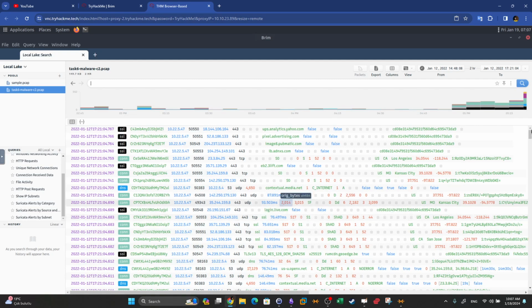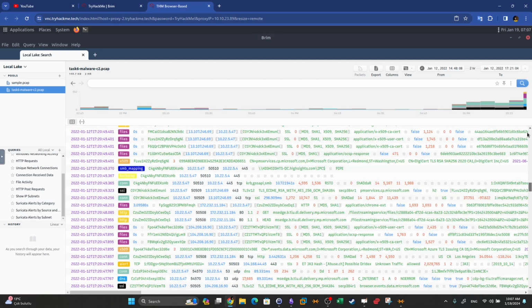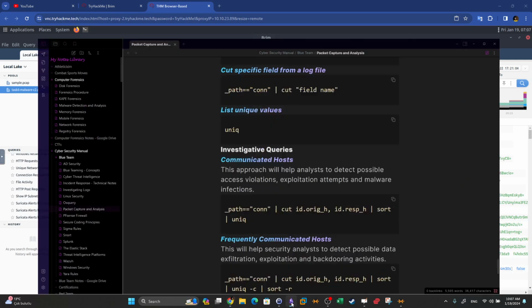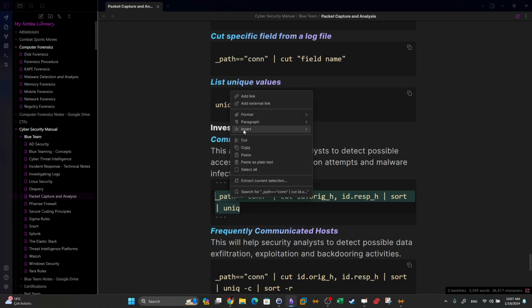So as you can see, we have lots of packets. So how do we start? We should follow a certain methodology when analyzing PCAP files, especially when we need to extract evidence. So the methodology, you can start with, for example, extracting the frequently communicated hosts. So we need to execute custom queries. Let's take this one, for example. I'm going to explain how